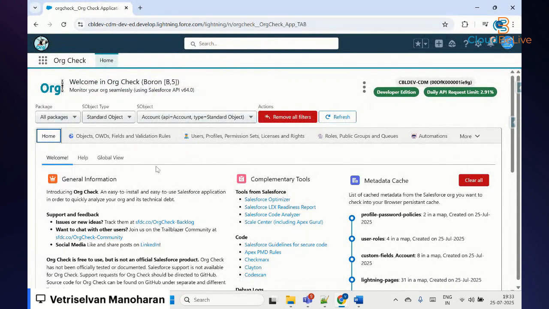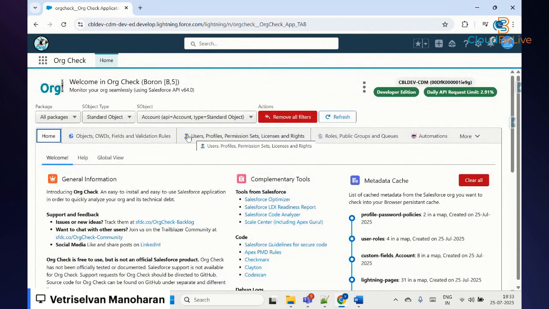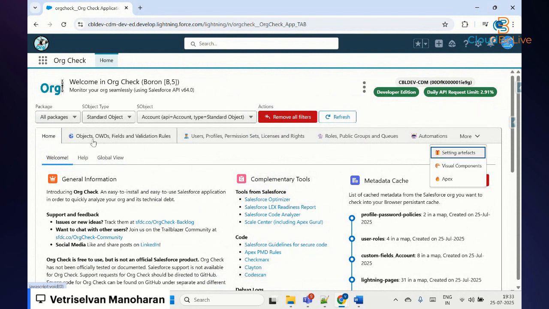Perfect. So you see, this is the app I'm talking about, the Org Check actually. In this Org Check, you see 7 tabs here. Okay. So objects, OWD, fields and validation rules, all those object limit things can be accessed from here. And here you see the user profiles, permission sets, license related things, and roles, public groups, queues, automations, basically workflows, and everything can be viewed in here. And if I click on the more option,